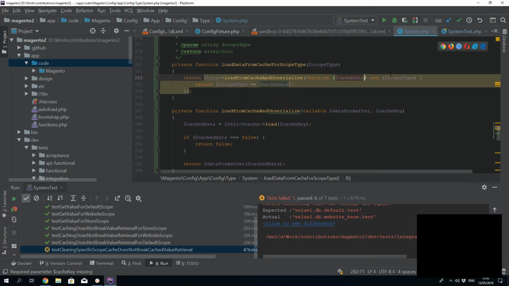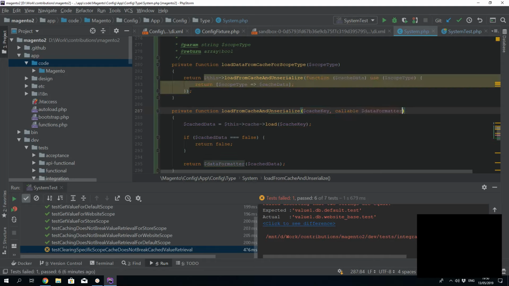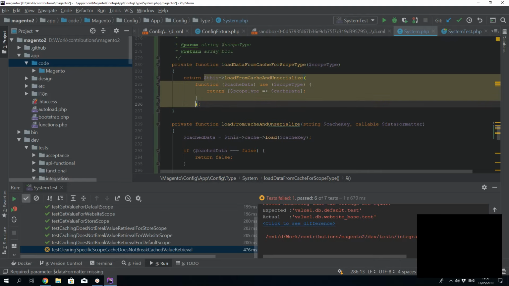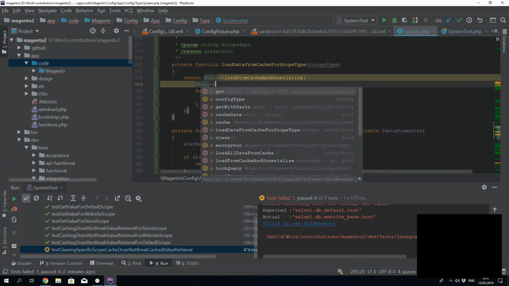Oh yeah, cache key is... okay. Let's... the cache key here is I think this